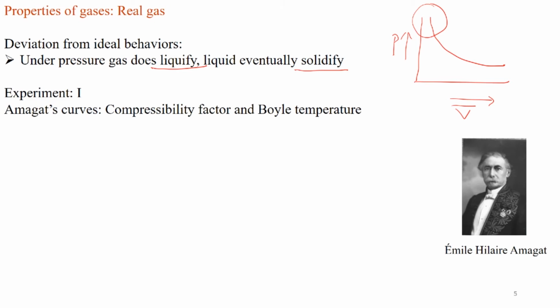One of the first experiments was carried out by Amagat, who gave the concept of the compressibility factor. The compressibility factor, which we denote as capital Z, is defined as the ratio of the volume of a real gas to the volume of the ideal gas. Now, using the ideal gas equation, this relationship becomes